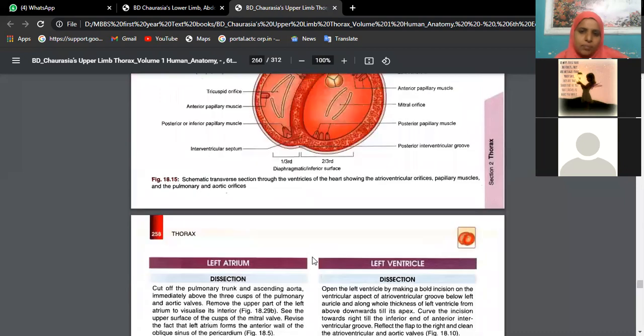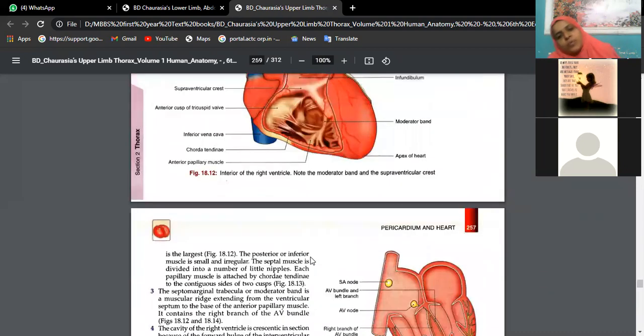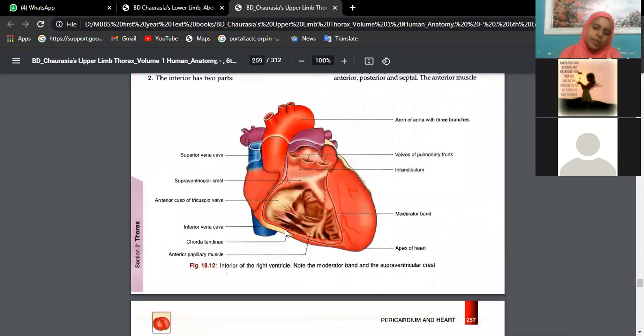So in embryology, 2 questions are there. Without the diagram, you won't understand. Anyhow, many questions will be repeated. By next class, I will download the soft copy of IB Singh and we will discuss. The 2 questions are the development of the urinary bladder and the descent of the testis. That we will discuss later. So we will stop here.